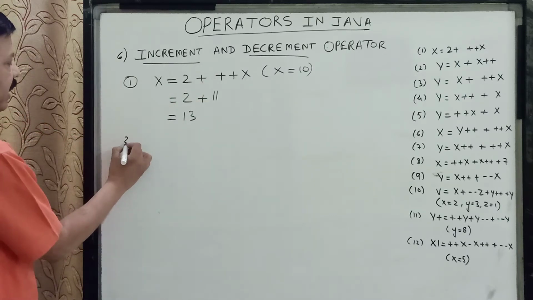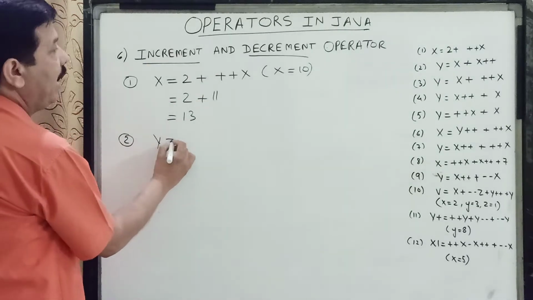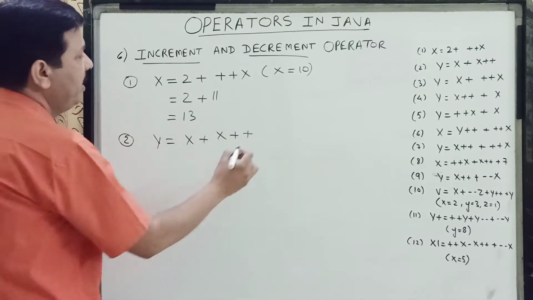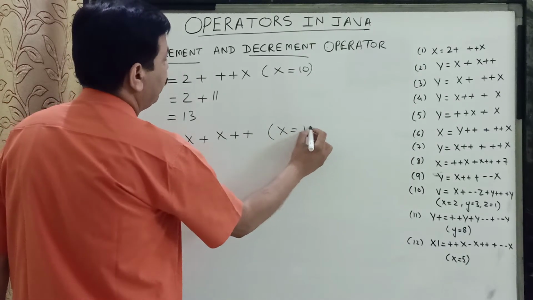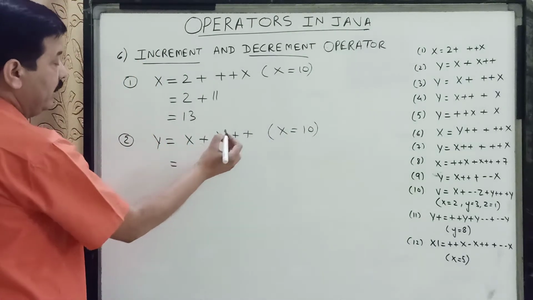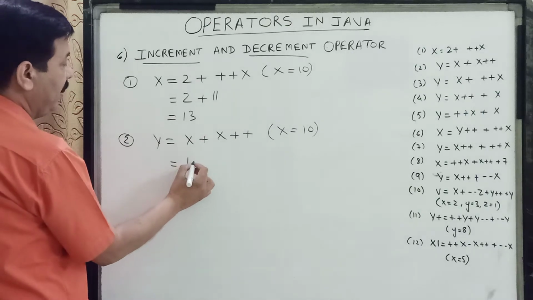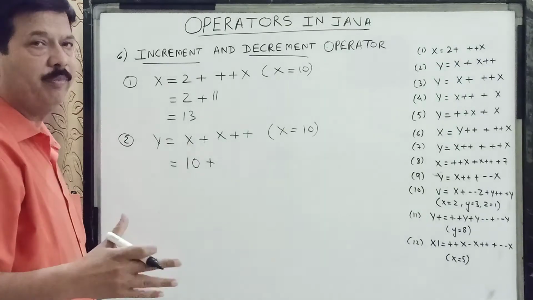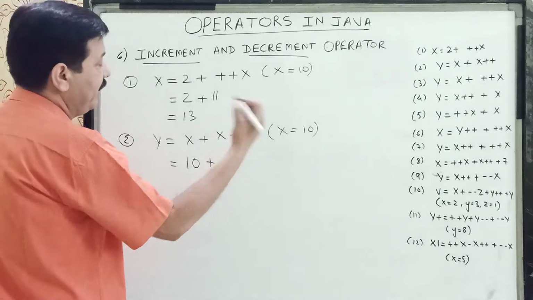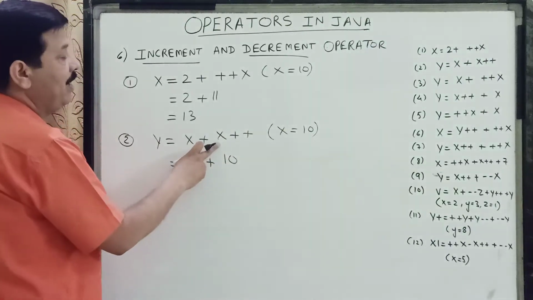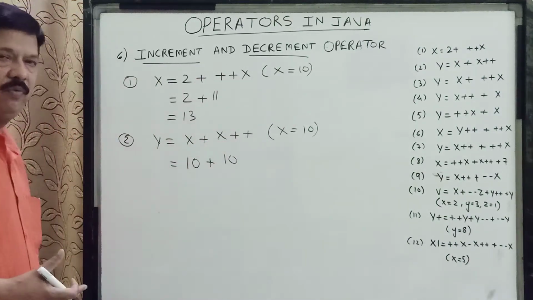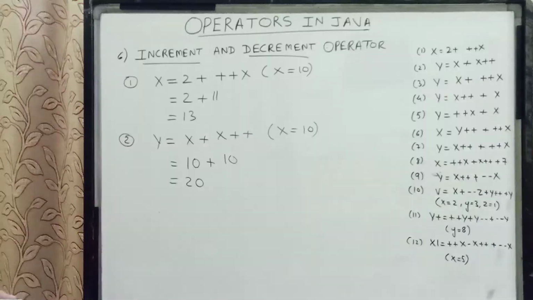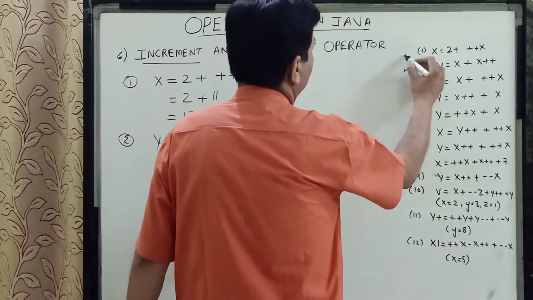Say if I take the second example from there, which is y is equal to x++ plus x. And children, again I take the value of x as 10. If I solve this expression, it will become 10 plus. Now since this operator is written after, that is post, it will be used first and then its value will be changed. So 10 will be used and after that its value will be changed to 11. So the answer to it will be 20. So this is the answer to this one. So we have done these.